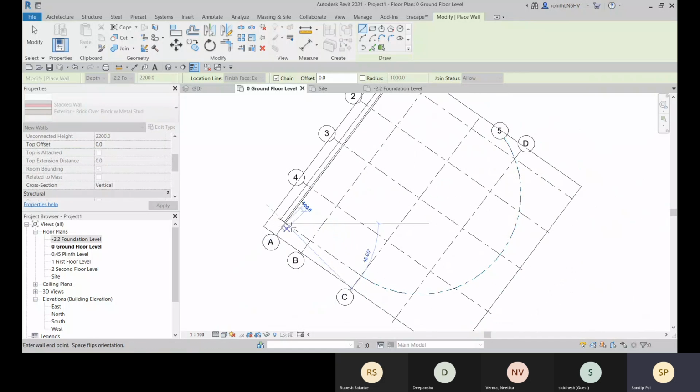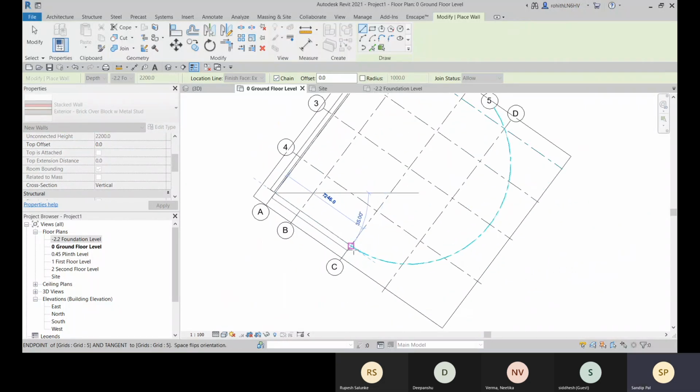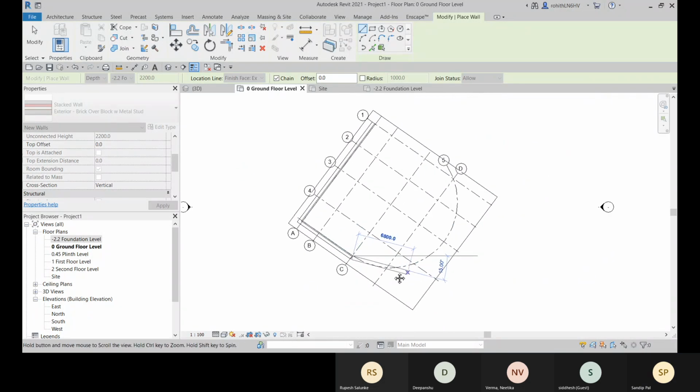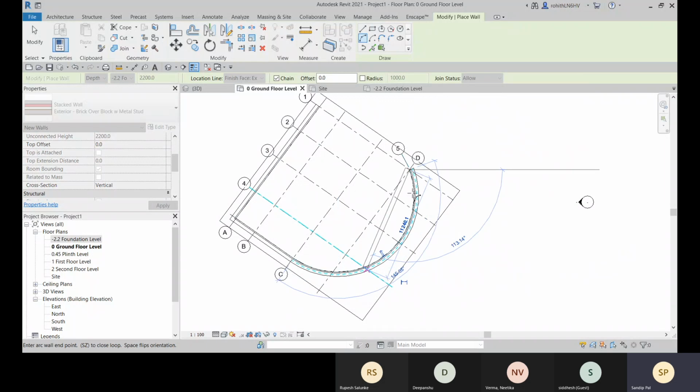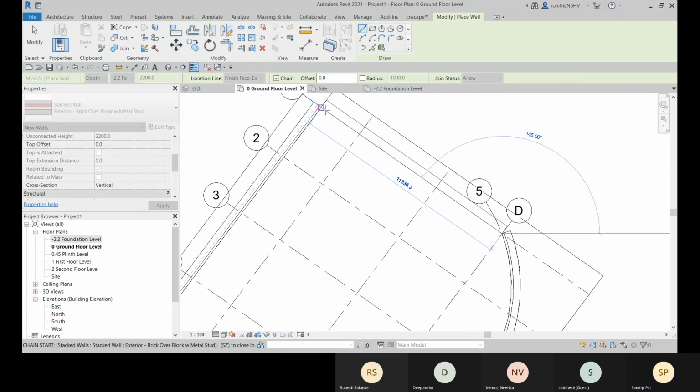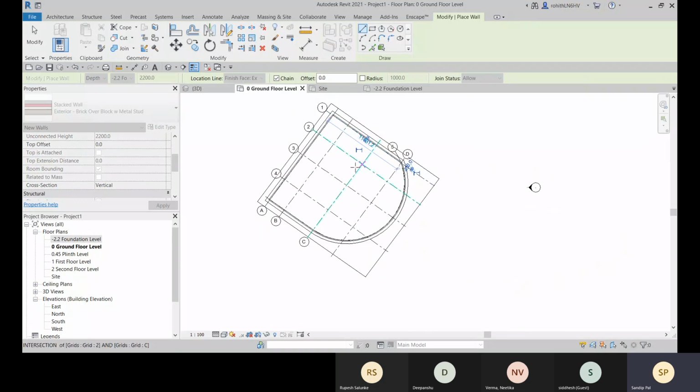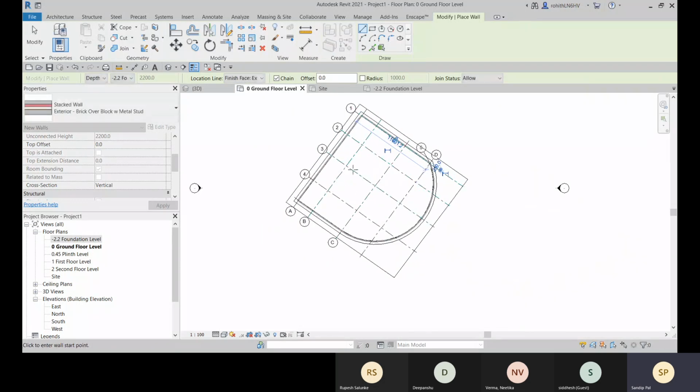And here you can see this is connecting because this chain is selected. All right. And for this, we can go with this start and radius, start and end, and this will be the radius, and then go for the line, and it will be connected. So I'm just creating the outlines.